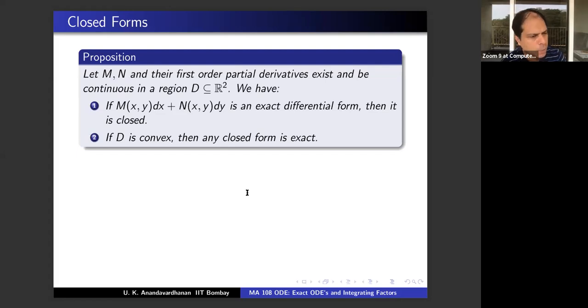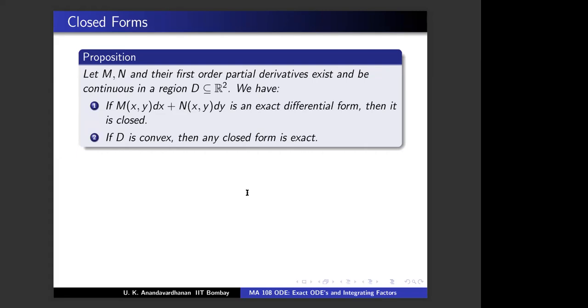You have seen this proof also? On a convex domain, if a vector field has 0 curl, then there is a potential. There is a scalar field whose gradient is that. Have you seen this also? The result was stated but not proved.